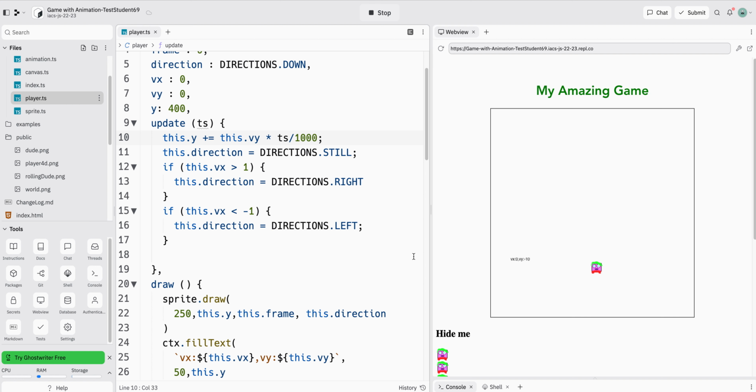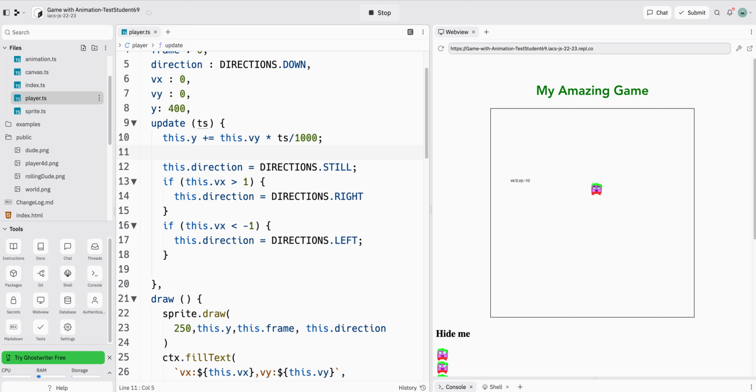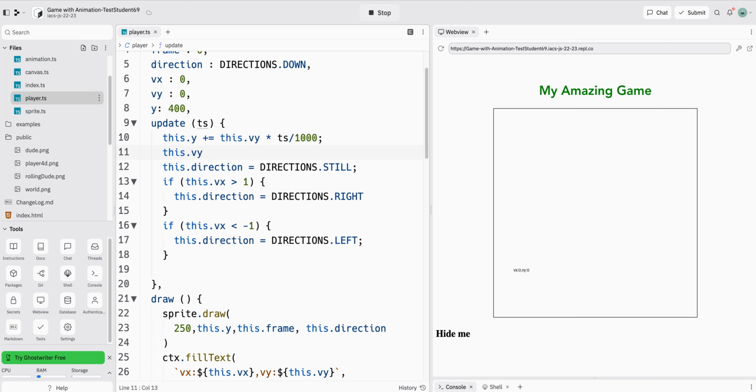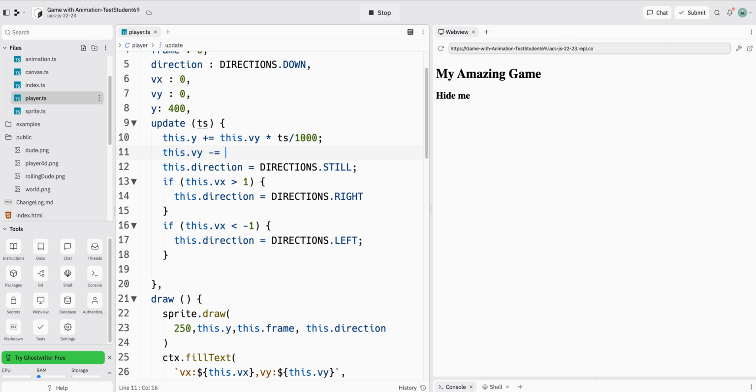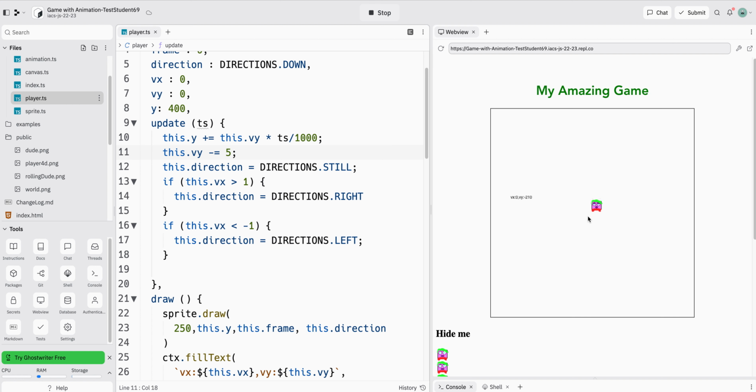There you can see the jumping is working. And it's just floating up, up, up, up. Oh, apparently I floated the number up too. That's funny. Now my jump is kind of failing because it doesn't ever come back down. So I want to also make the this dot vy minus equal something. Minus equal 5, let's say. So now, oops, plus equal 5, my mistake. Now it falls